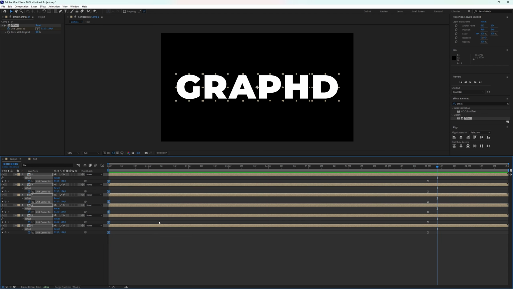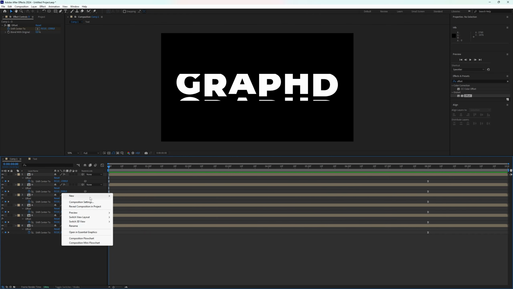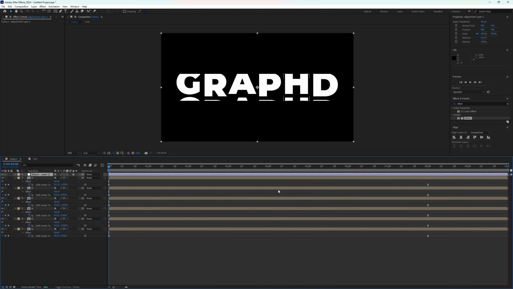So that's the first step for your rolling text animation, but we can make it a bit better than this. So what we're first going to do is I'm going to go back to the beginning of my timeline, and because the text is visible from the beginning and I don't want it to be visible from the start, I'm going to make a new adjustment layer. So right click in your workspace here and then go to new and choose adjustment layer,